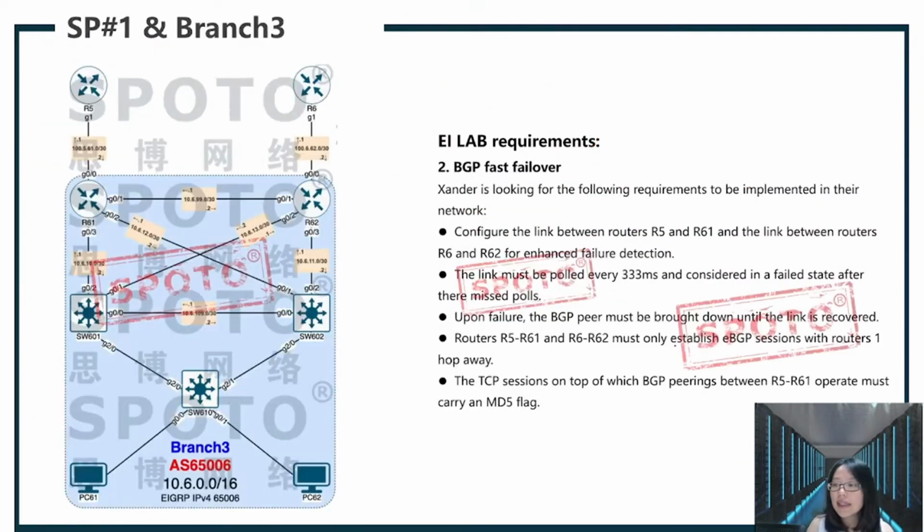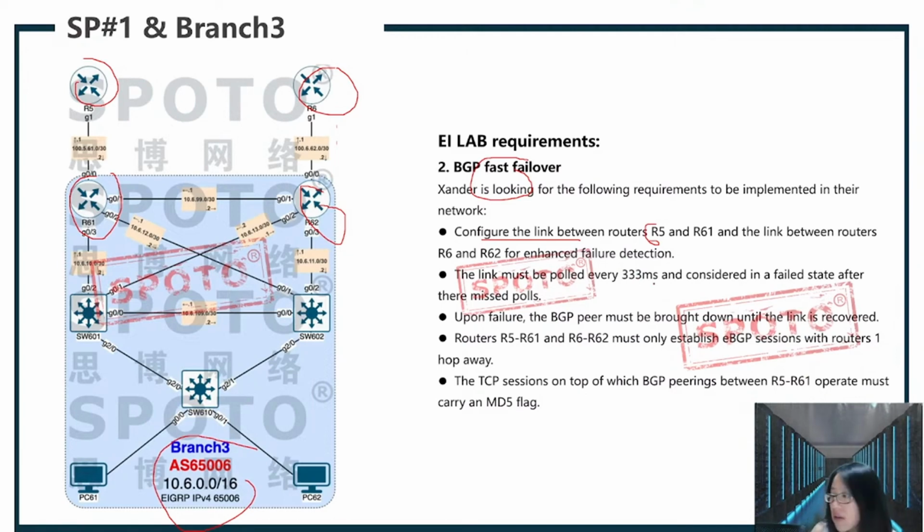Let's see the second part about the BGP fast failover. Let's take a look at the EI lab requirement in this part. BGP fast failover, branch 3. Configure the link between router 5 and router 61, and the link between router 6 and router 62 for enhanced failure detection. The link must be probed every